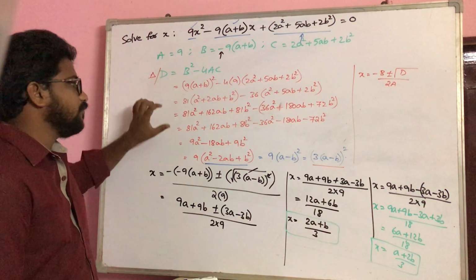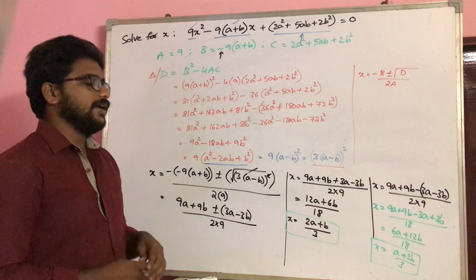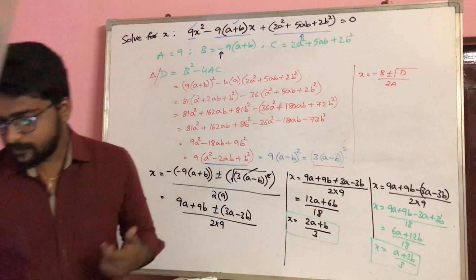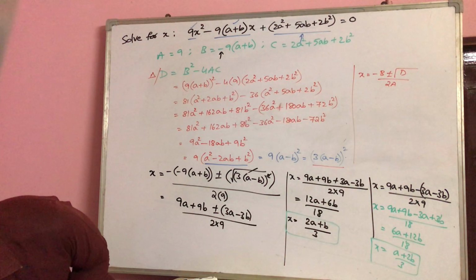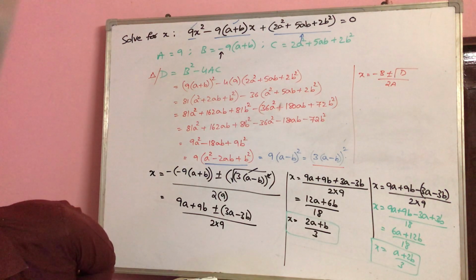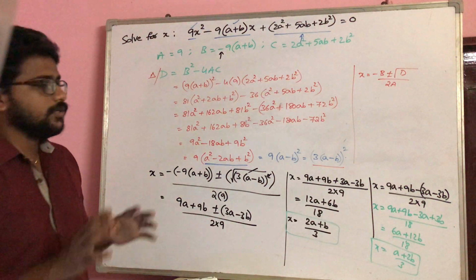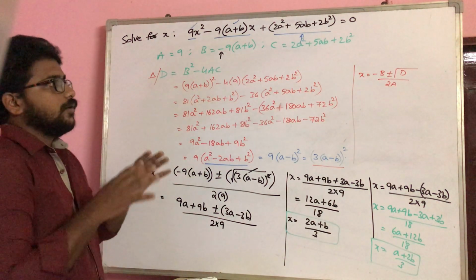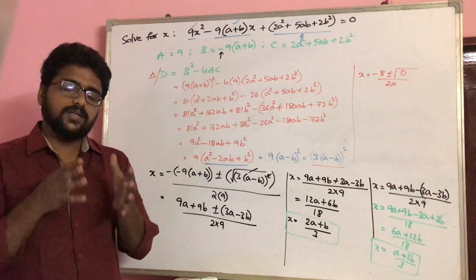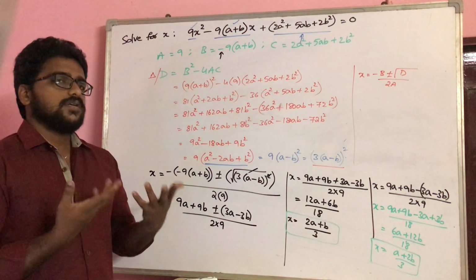Here as I explained every step in detail, you are seeing this many terms for the determinant. Otherwise if you do the mental calculation, you can be getting the answers in 2-3 steps itself, right? So now let us do some other models in regard to the quadratic application, but it is not necessarily that you have to apply the quadratic formula for these questions. You can go for the normal method also, but as I told you, there is no restriction for you in the examination that you have to use only this specific method. You can use whatever method you want, that depends on your situation in the question.